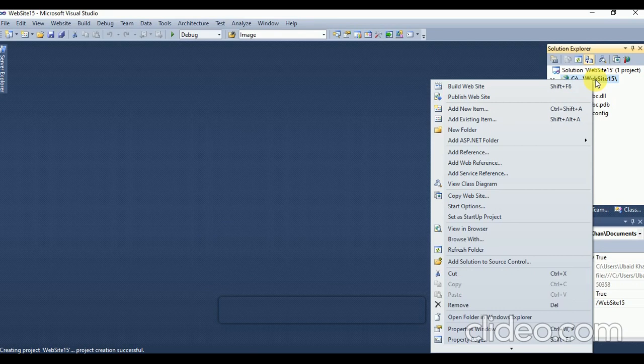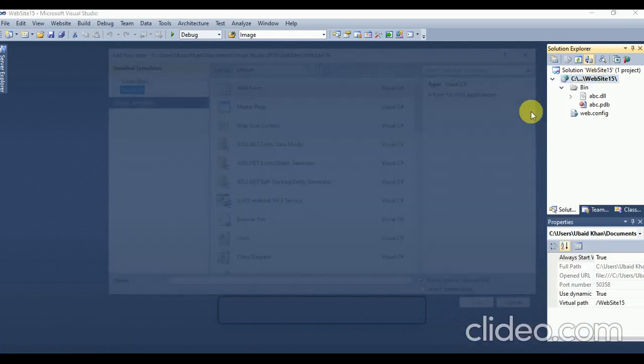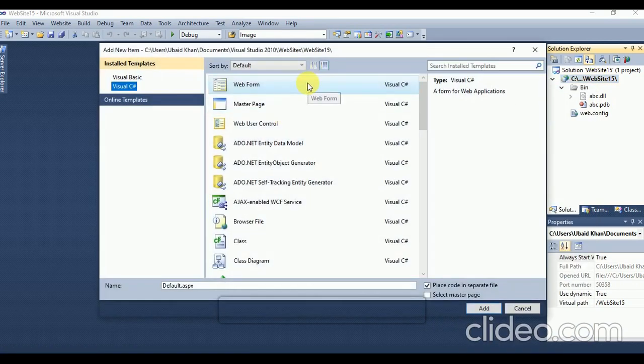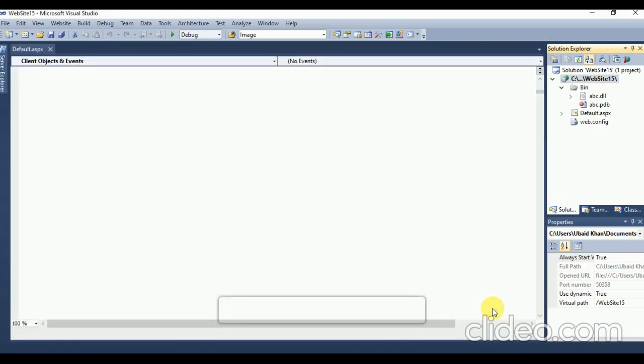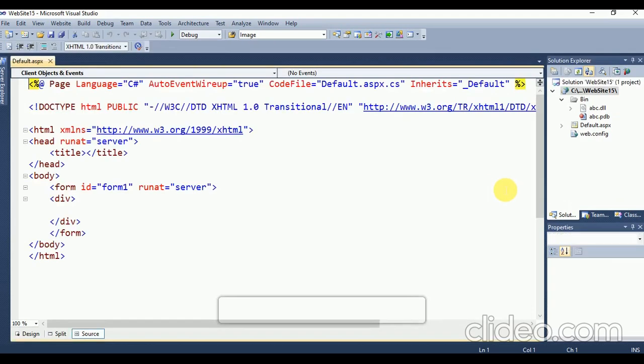Now right click on website, add new item, select web form and click on add button. Now we will make an interface. So click on design.